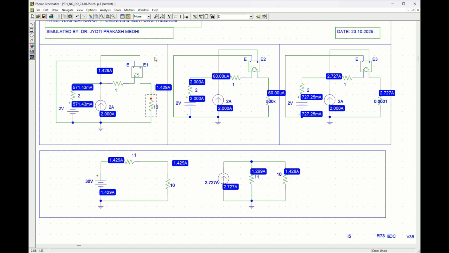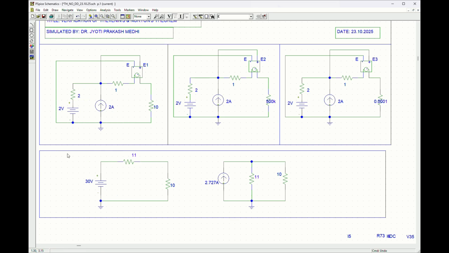I hope you have understood all the logic and how to go for the Thevenin and Norton theorem using PSPICE. I hope that will be beneficial for you. Similarly, yes, one more point I would like to mention here is,